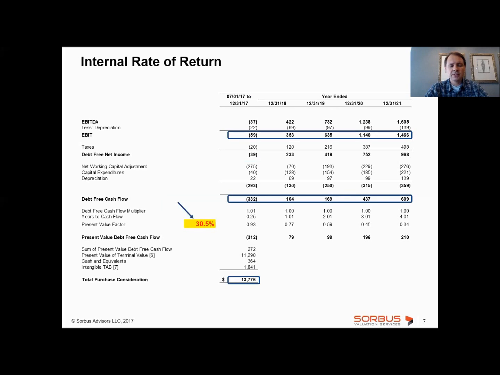On the other hand, if this number is too low, then the return is too low. And so essentially you paid too much for this acquisition. That's not a good strategic answer. Obviously, nobody wants to pay too much. So this is something, again, to keep an eye on.